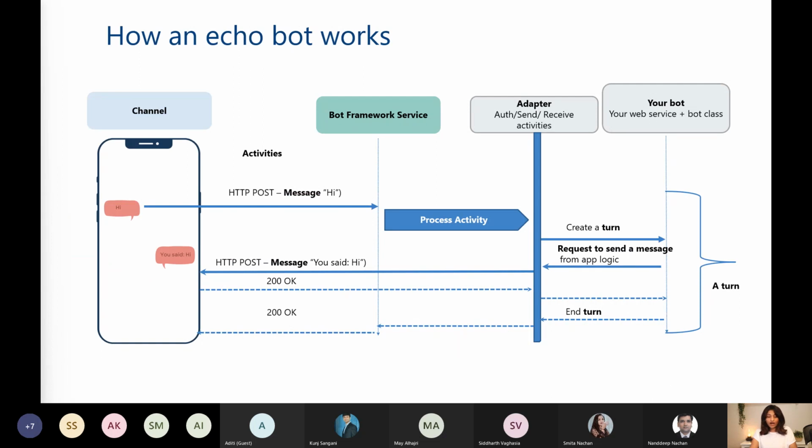Now, to understand how it all works together, we have the same situation that we saw earlier, right? You have the channel, the Bot Framework service, and your bot. It's really good to show you in the example of an EchoBot, because EchoBot does nothing but reply back with the same message that you typed. So if you typed hi, it would say you said hi. This is a very useless bot. EchoBots should never be on production,